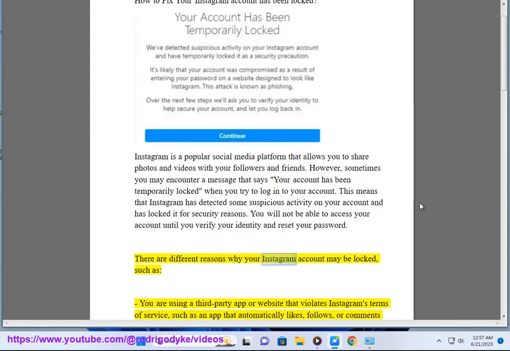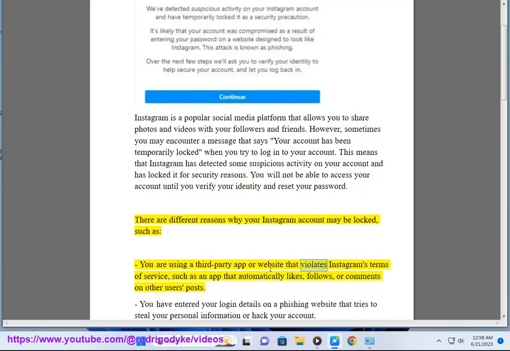There are different reasons why your Instagram account may be locked, such as: you are using a third-party app or website that violates Instagram's terms of service, such as an app that automatically likes, follows, or comments on other users' posts. You have entered your login details